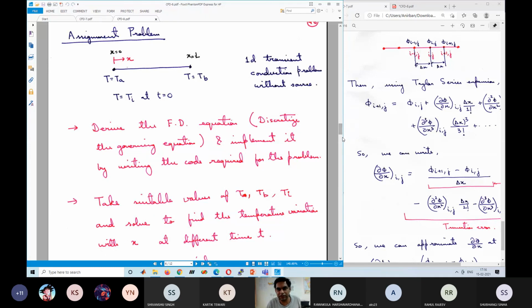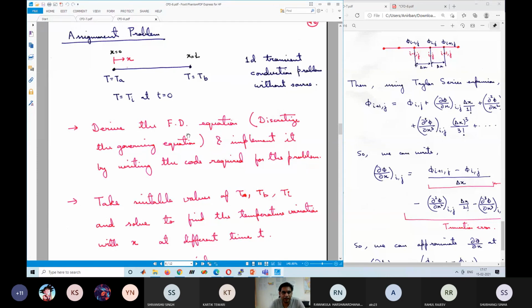CFD is a course which is quite different from other types of courses. Here, I cannot give you many questions which can be solved using pen and paper. You have to write code to understand the course. If you do not write, you will just float through the course and get some good marks maybe, and ultimately finish the course, but you will not understand properly the crux of the course. So to get a proper understanding, you need to write codes on your own. You can discuss with your friends, but after that write code on your own so that you understand what are the difficulties associated with writing a CFD code.